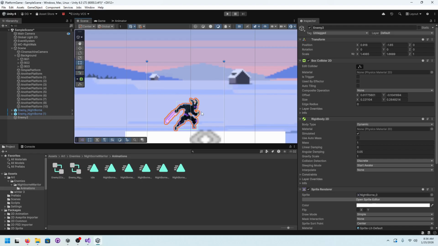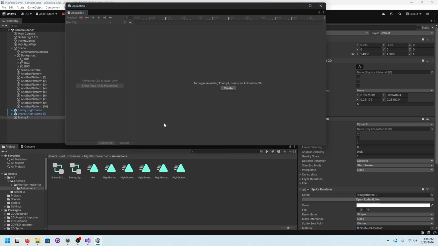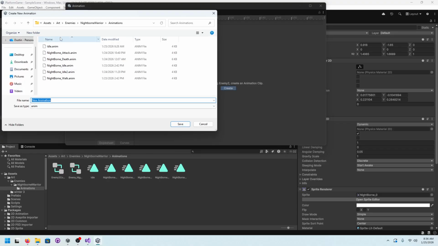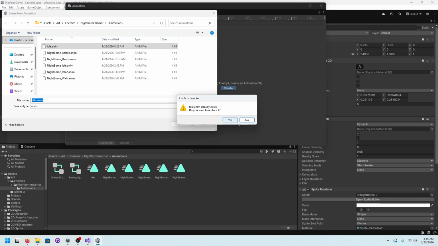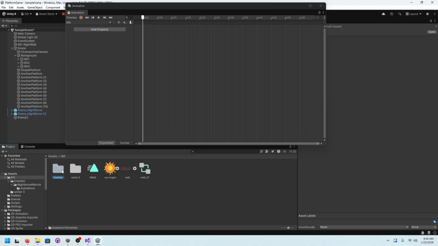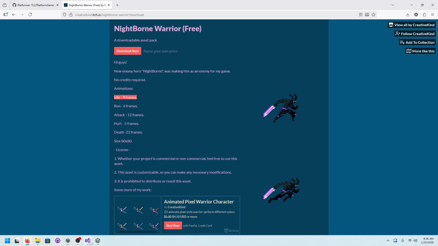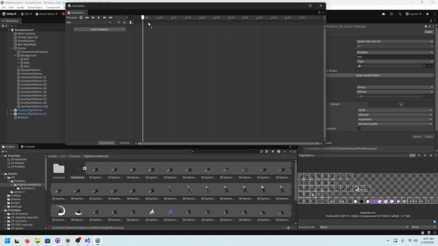So as we're selected on our guy, go up here to Window, Animation, and Animation. We need to create a new animation. We're going to just replace this one because we're going to remake it so you can see how this works for at least one of these. Under the art, under this PNG, we're going to copy the different frames we need for idle. In our case, we have 9 frames for idle. It shows on the website. So we'll go back here and we'll copy over each individual frame. It's a little tedious, but